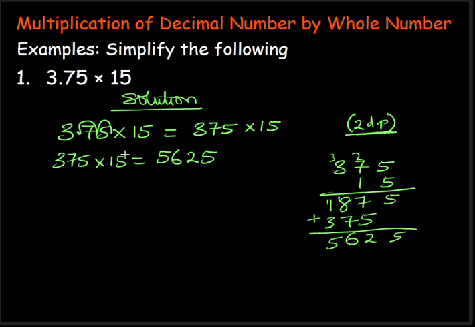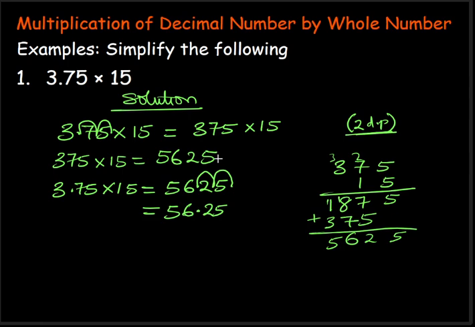Now, coming down to the decimal part, it was 3.75 times 15. So what are we to do here? It is very simple. We have to return the two decimal places that were shifted. So we shifted to the right, so we return it to the left. And for a whole number like this, remember we talked about this, the decimal point is at the end. So let's return the two decimal places and see what we get. This will give us 1, 2. So our answer will now be equal to